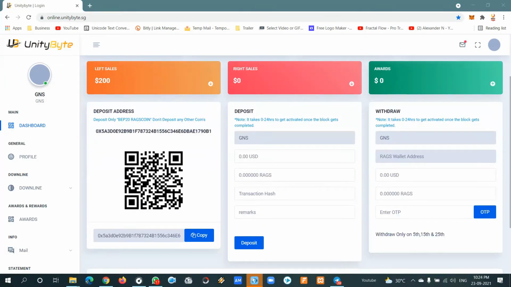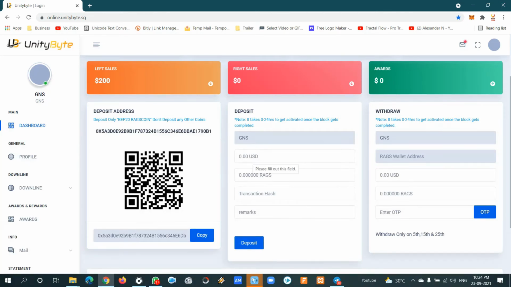If you scroll a little bit, you can find the deposit address over here. You can send the Raxcoin to this deposit address from the Trust Wallet, and it will automatically deposit in your account. So you have to use this deposit address. You can find the copy button over here. If you click on that copy button, your address will get copied and a message will pop up saying it has been copied. And next to that, you have this deposit option.